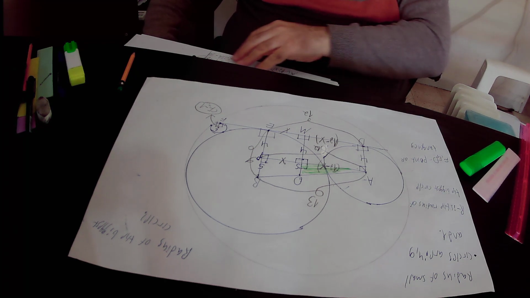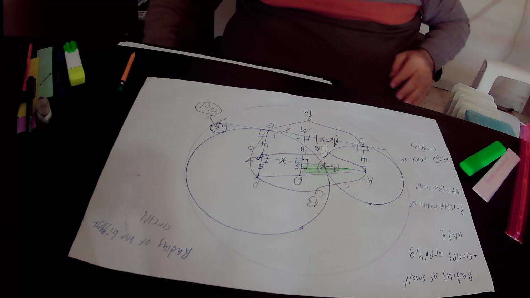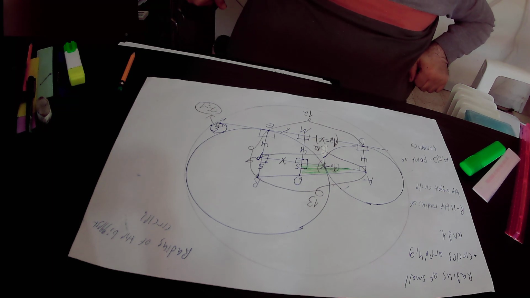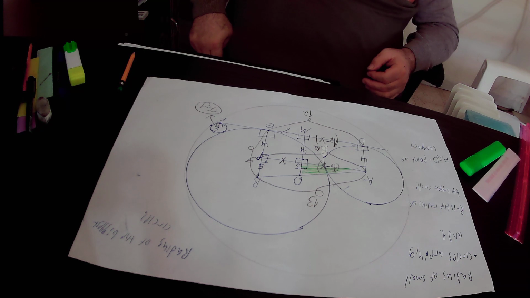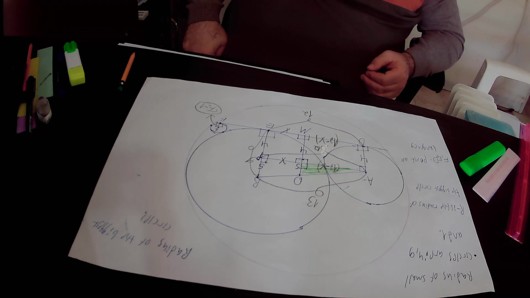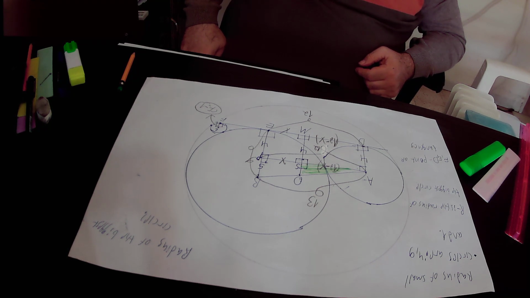And any two circles that have an internal tangency between them, then the difference between the lengths of their radii will be equal to the difference between